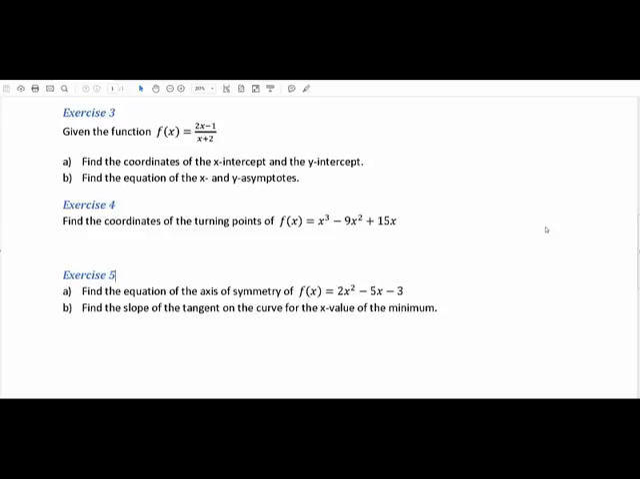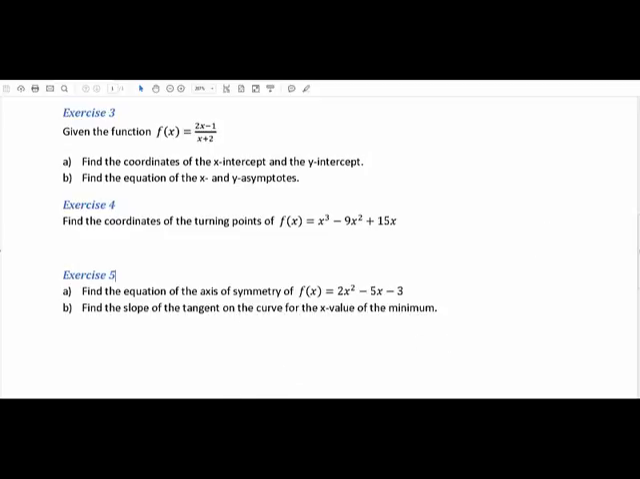Exercise 3, given a function f of x, we have to find the coordinates of the x-intercept and the y-intercept. And then they want us to find the equation of the x and the y asymptotes. Okay, so let's start with